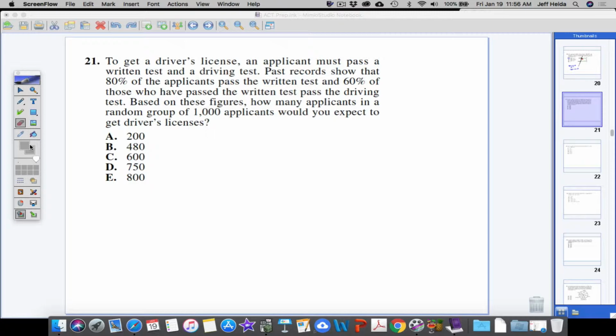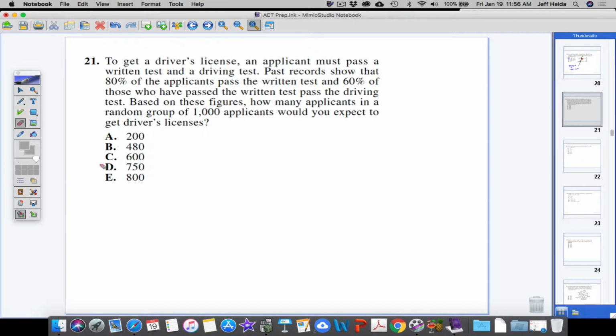To get a driver's license, an applicant must pass a written test and then a driving test. Past records show that 80% of applicants pass the written test, and 60% of those who pass the written test pass the driving test. Based on these figures, how many applicants in a random group of 1,000 applicants would you expect to receive a driver's license? So if you have 1,000 people